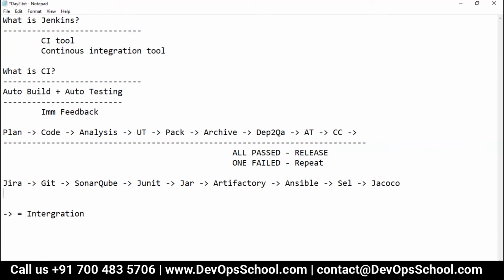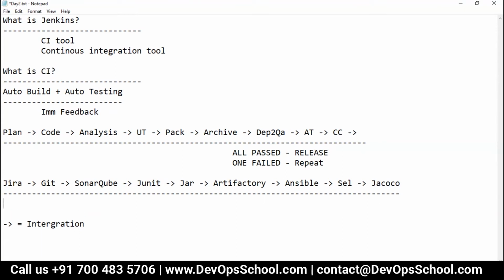So the problem here is how can we integrate, because you want to set up continuous integration, right? How can we integrate everything at one place? First of all, integrate all tools.